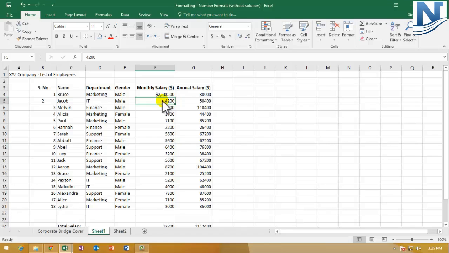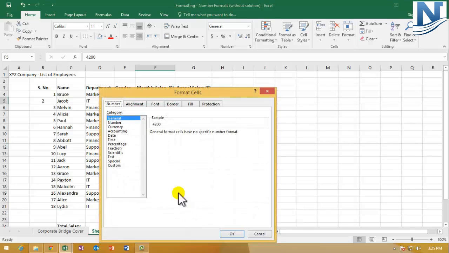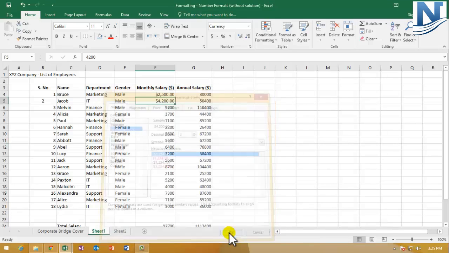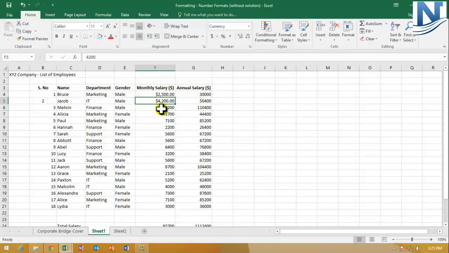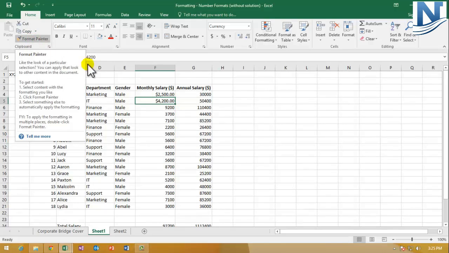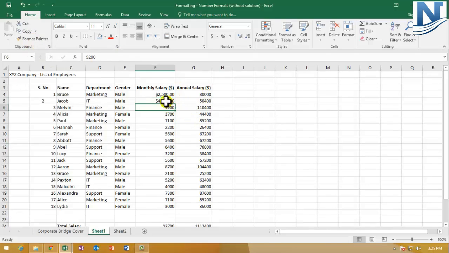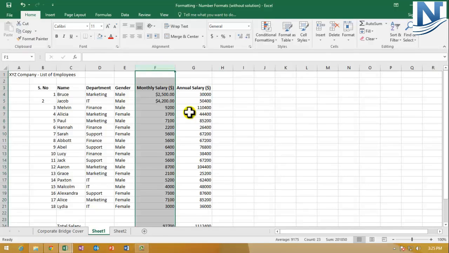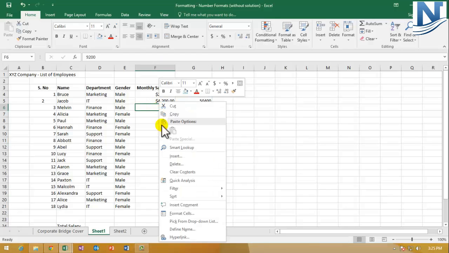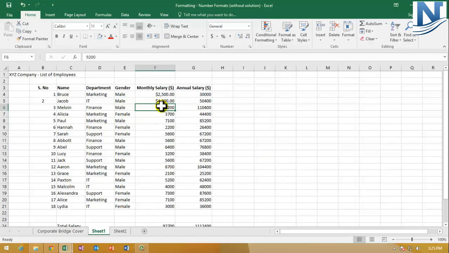Similarly for this also, I'll do the same thing. I'll go to format cells, I'll click on currency, and I'll press OK. So now instead of doing this again and again, there is one way wherein you can do something with respect to the formatting, which in our case is format painter. Let's come to format painter in a bit, but once we are talking about the monthly salary, are we going to include the dollar sign every time using right click for each and every number? No. So what we can do is directly select everything.